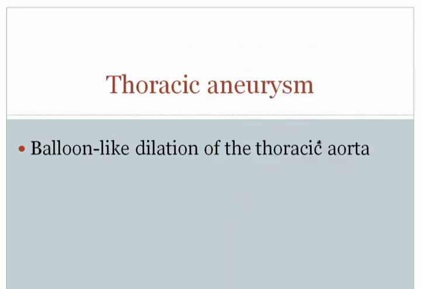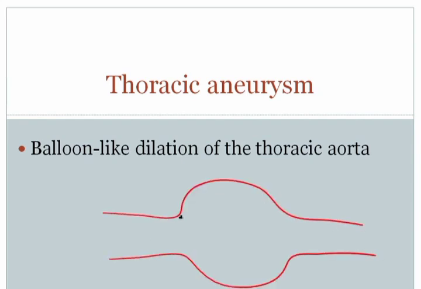The next discussion that we want to have concerns aneurysms, and before we even get to aneurysm, you just need to know a couple basic principles and everything is downhill. So first of all, the first principle is, what is an aneurysm? An aneurysm is a balloon-like dilatation of a blood vessel wall. So here's a normal blood vessel, and we've got this balloon-like dilatation of the blood vessel wall. So that is an aneurysm.